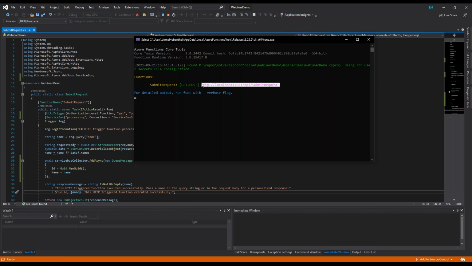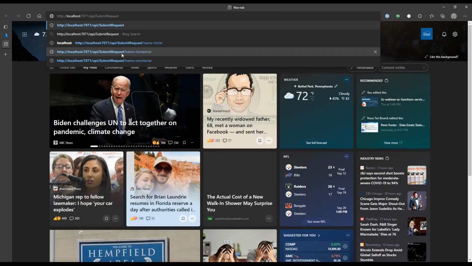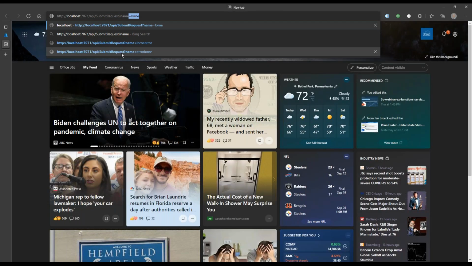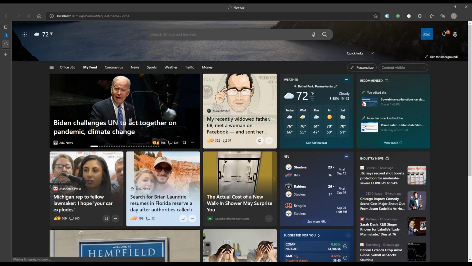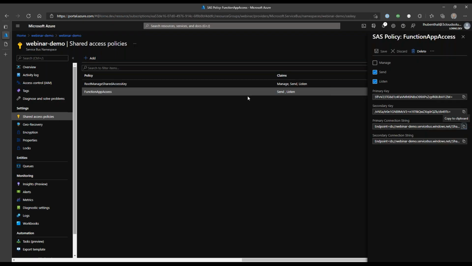So we have one function registered here called SubmitRequest, which is the one we just started. So I'm going to open up my browser here, and I'm going to go to submitrequest, and I'm just going to do name equals Lauren. And pull this back up here so we can see. We got Hello Lauren, the HTTP trigger. So we got our response message back, and we can see, okay, this did fire successfully. So if we go back into our queue,